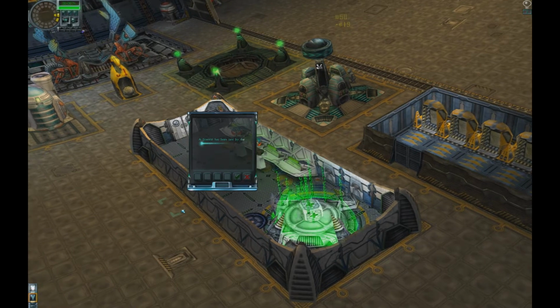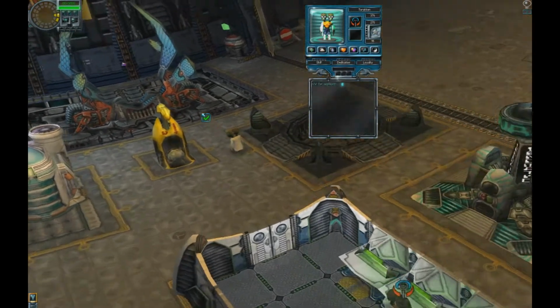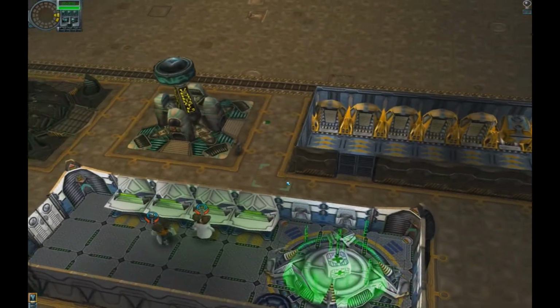A scientist has been sent by the Turakken Committee to work in your labs and is arriving via the port. Are you any good? Ugh. All dedication, no loyalty, like...